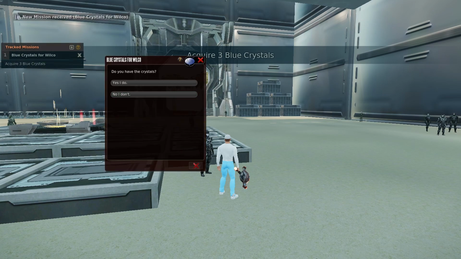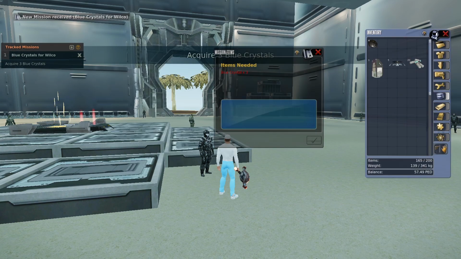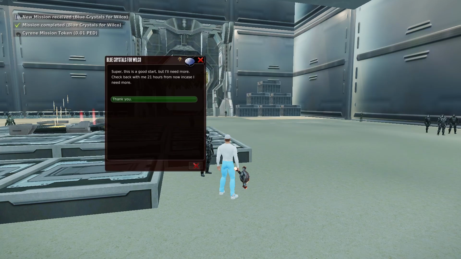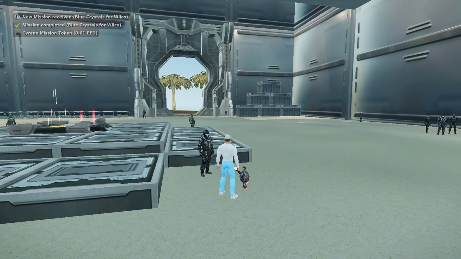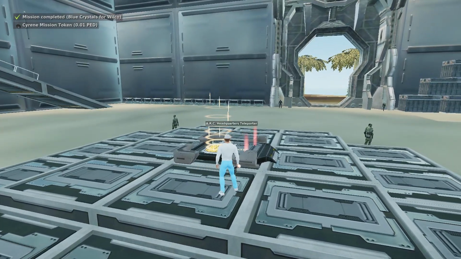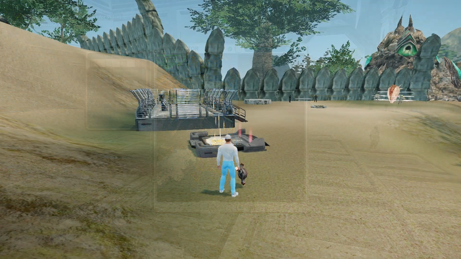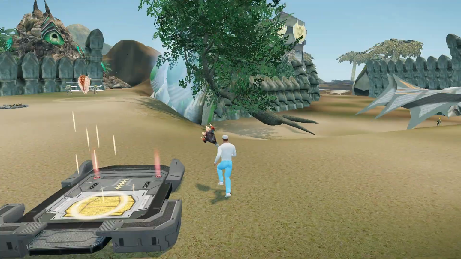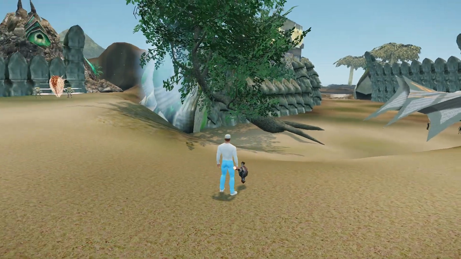Blue crystal's pretty standard and easy to find. We're just going to grab those and dump them in here, and we're going to get our 1 Cyrene Mission Token. And I don't want you to be concerned about the amount yet of Cyrene Mission Tokens that you're getting per resource, because what you're looking for here is the combined overall value of these hand-in mission Cyrene tokens as opposed